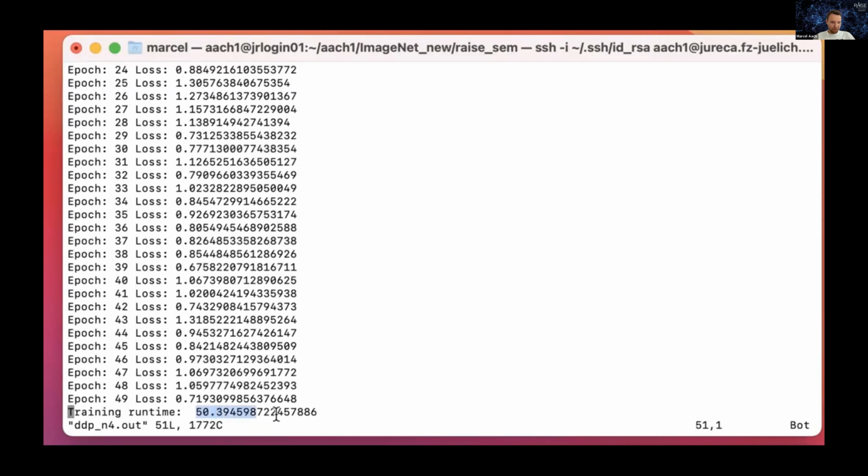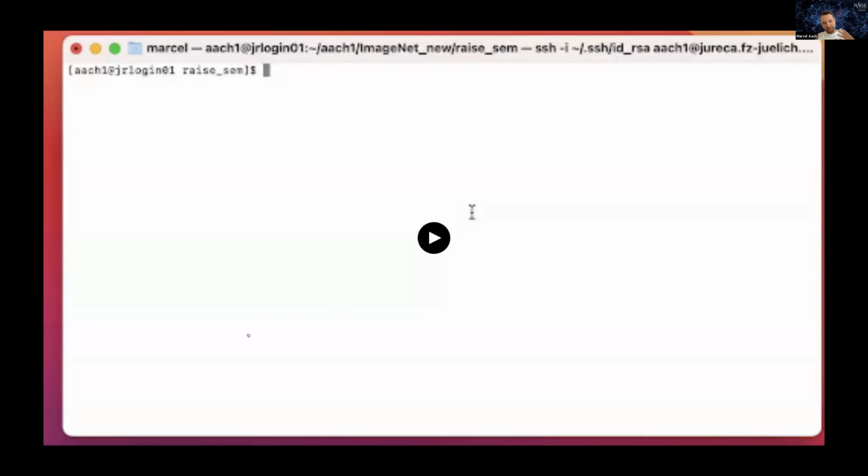And here we see that it just took 50 seconds. So far from perfect scaling, because I probably didn't use any optimization, and also because, of course, the CIFAR dataset is pretty small. So distributing it across 4 nodes, which would already be 16 GPUs, is not that much. But still, you see there's some speedup you can achieve here.